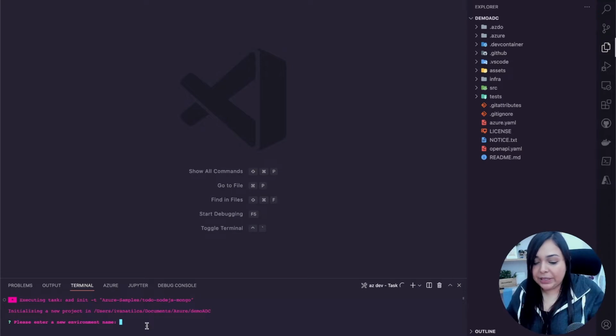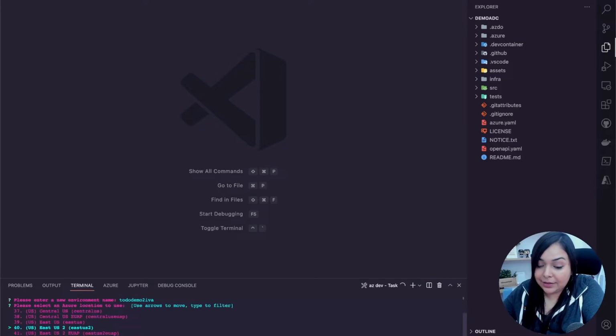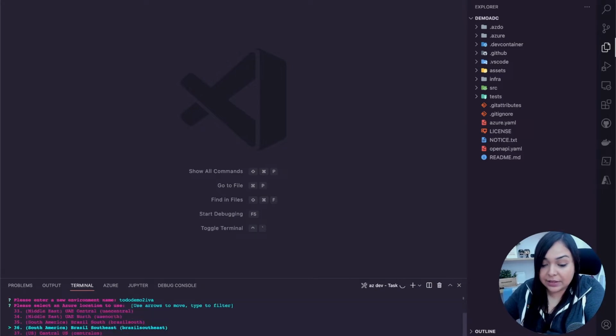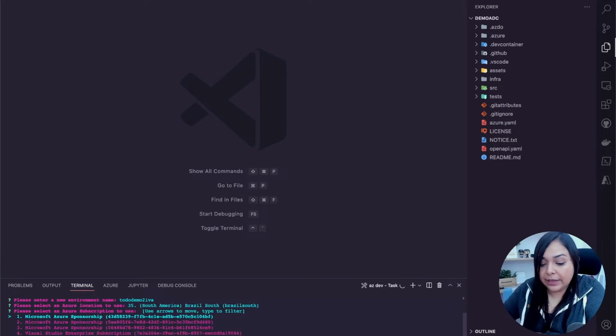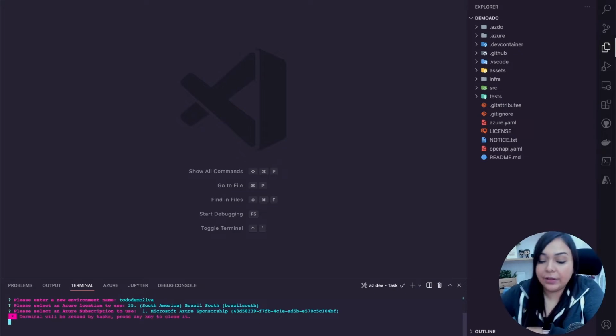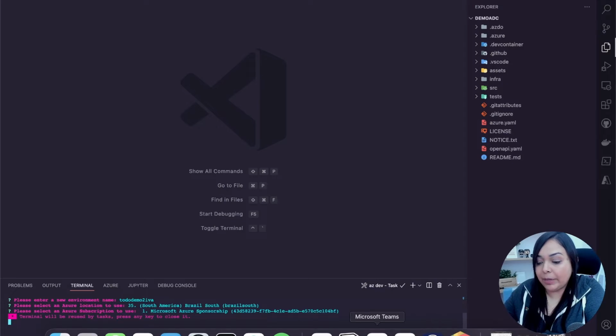So I'm going to enter a new environment name. Todo demo Eva. I said lowercase because I still don't know if the bug was fixed. This is the same thing that I got in the terminal, in which I needed to select a location. I selected South America, so Brazil, and then you can select a subscription. So I select the three of them, and this will start doing exactly the same that my terminal was doing